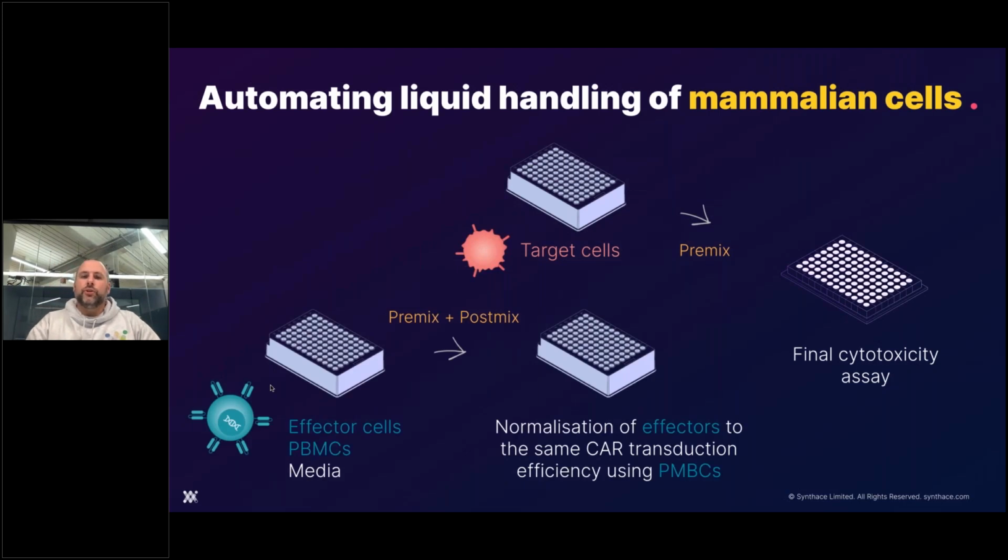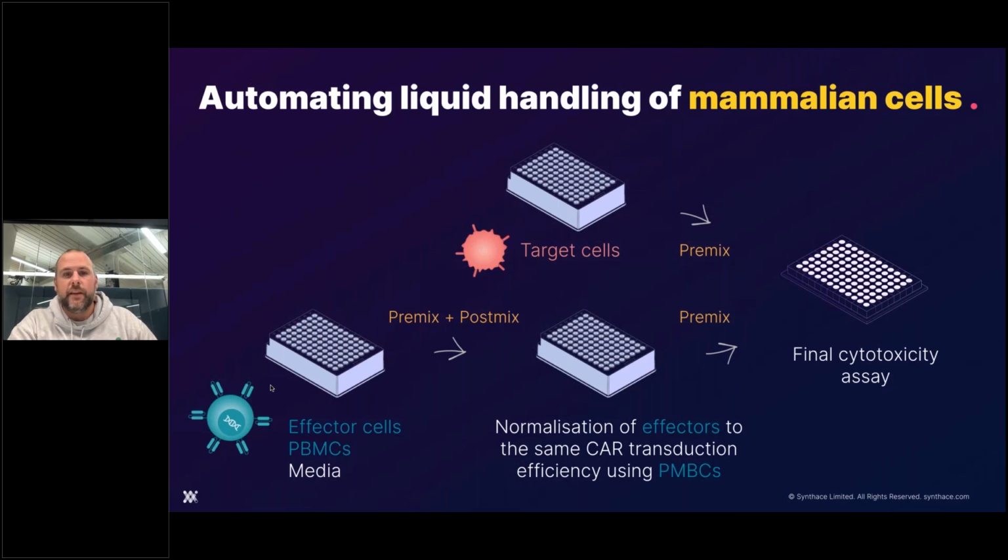Next, we want to ensure all the effector cell batches are transduced with CAR molecules with the same efficiency. To do this, cells are normalized with non-transduced peripheral blood mononuclear cells to the same transduction efficiency. And only then are they added to the final assay plate at different ratios compared to the target cell. This plate is then incubated for 2 to 3 days, after which the percentage survival of the target cells